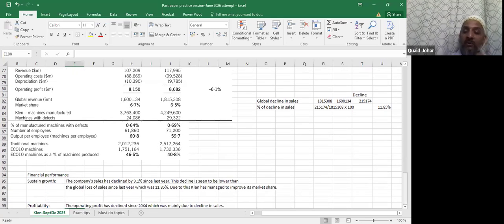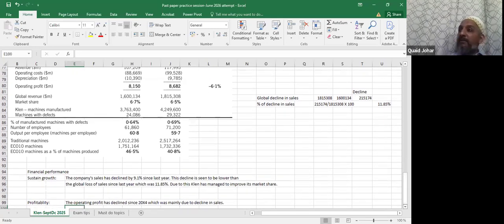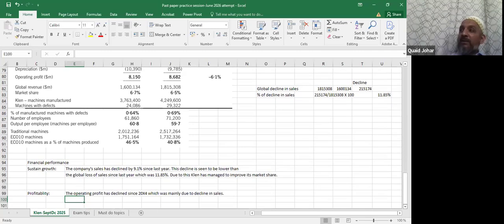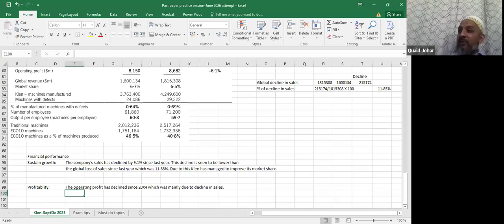लेकिन कॉस्ट क्या हो रही होगी, वो कम हो रही होगी, ऑपरेटिंग कॉस्ट कम हो रही होगी, कॉस्ट एफिशिएंसी बढ़ रही है उनकी, कॉस्ट पर यूनिट कम हो रही होगी। जब भी वो सब कस्टमर्स को क्या कर सकते हैं, सस्ता बेच सकते हैं, राइट। तो एफिशिएंसी कस्टमर के लिए हुआ ना, कि कस्टमर जो है वो नई टेक्नोलॉजी के थ्रू एफिशिएंट चीजें गेन कर सकता है, और वो अपने पैसे बचा सकता है, मेंटेनेंस कॉस्ट, फ्यूल कॉस्ट वगैरह सेव कर सकता है। तो ऑपरेटिंग प्रॉफिट हैज डिक्लाइंड सिंस 2004 व्हिच वाज मेनली ड्यू टू डिक्लाइन सेल्स। अब इसका इफेक्ट क्या है।